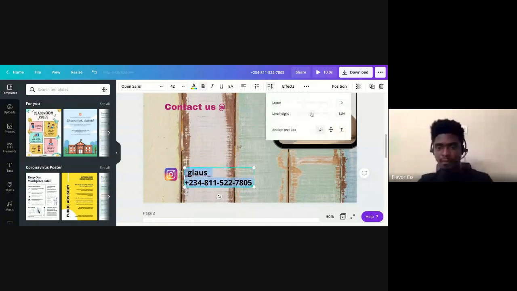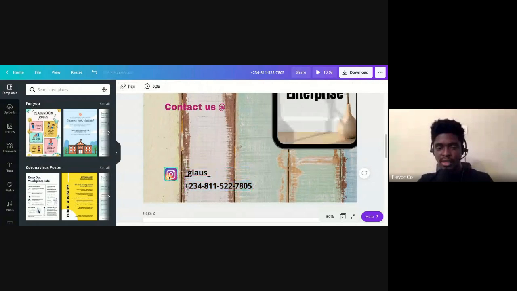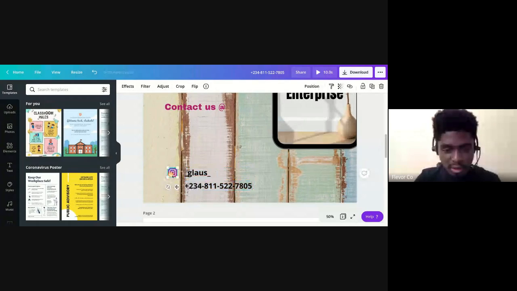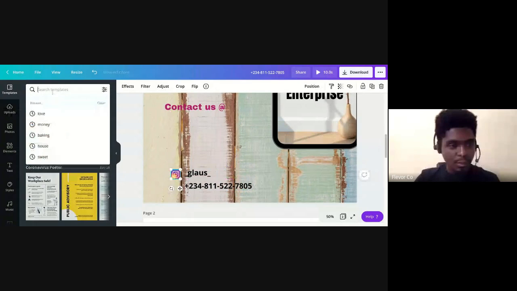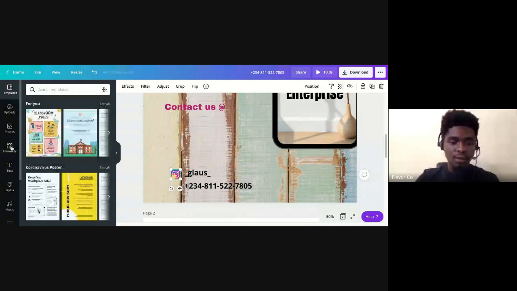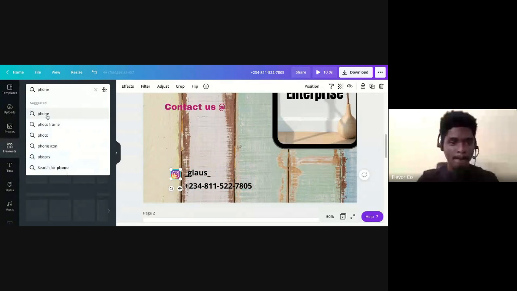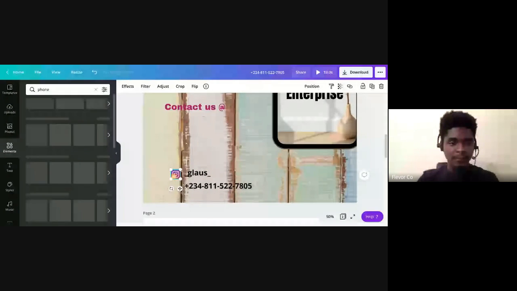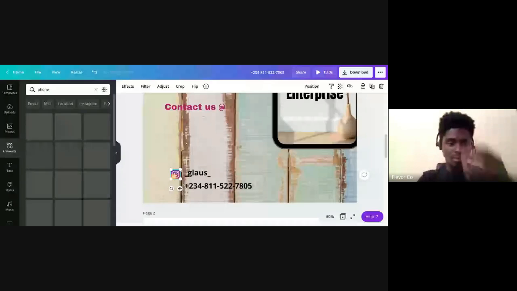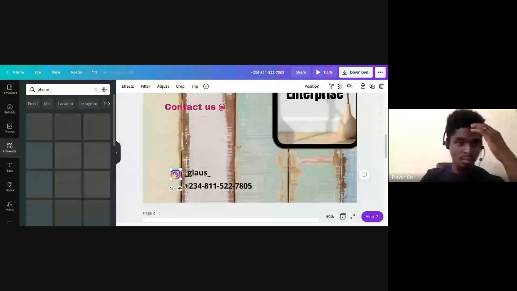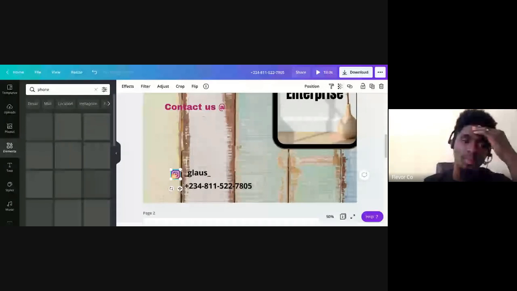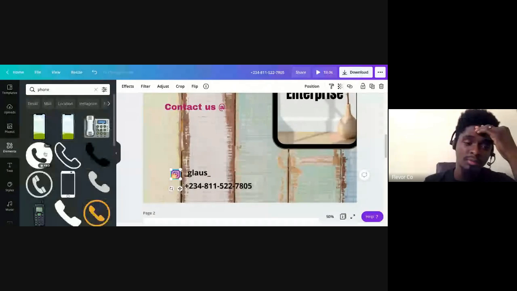So let me increase the line height so that there's some good space between them, because I'm going to put icons beside them. So I'm going to drag this, right? I'll leave this here because it's Instagram. Okay, and then I'll search for phone. Phone show. Okay, so